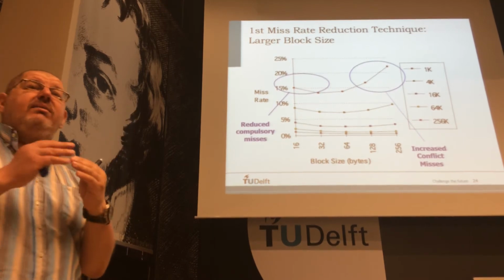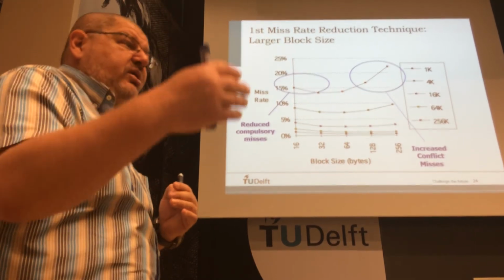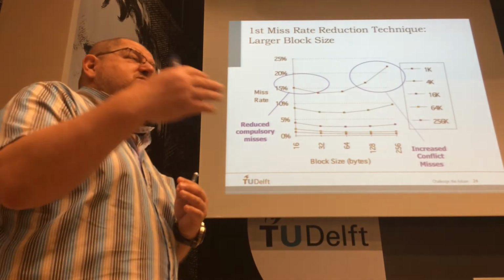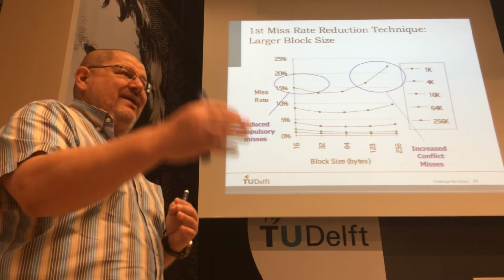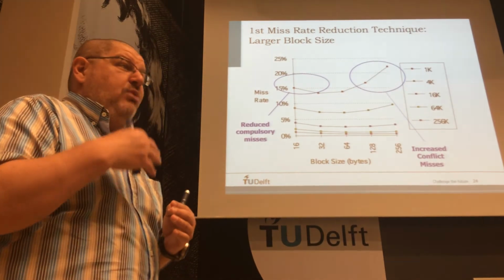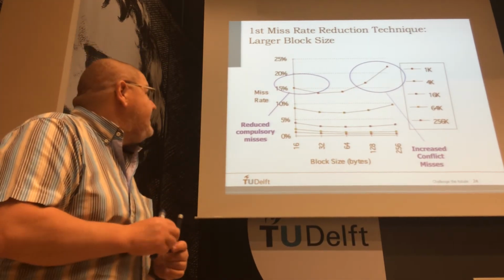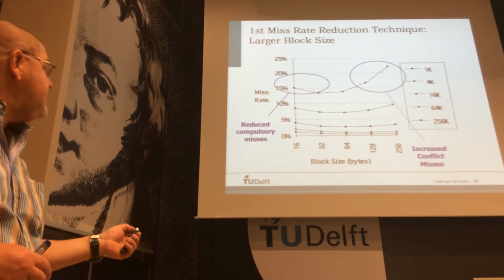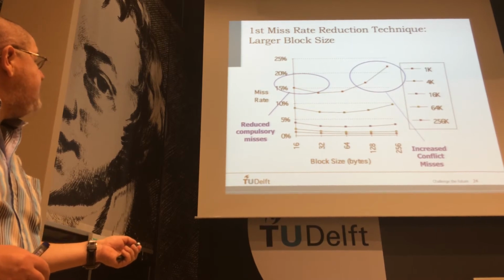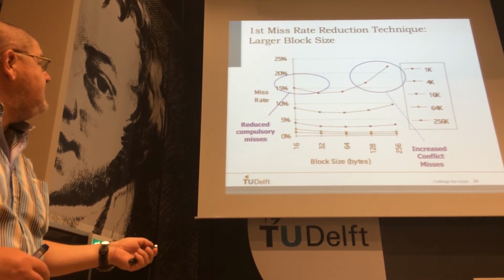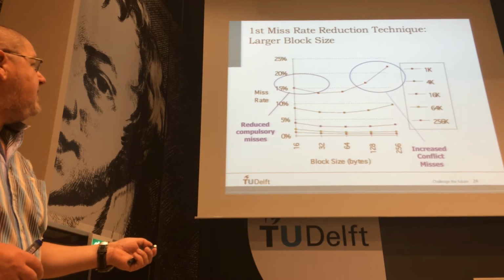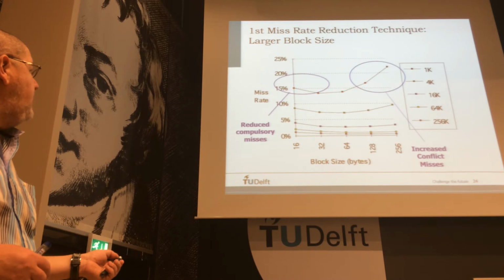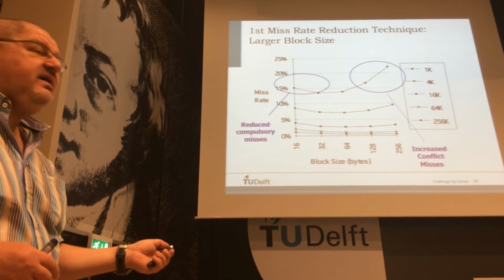It will depend on how I'm doing the transactions with the main memory, and on issues like how much area I'm willing to spend, how much energy I'm willing to spend. When I have a small cache, I have to be sure that I'm choosing a well-balanced dimension for the block. Like in here, you see, I should better be somewhere here. If I deal with a 1 kilobyte cache, I better go for a 32 or 64 byte block. If it's smaller, I'm increasing this. If it's higher, I'm increasing this.